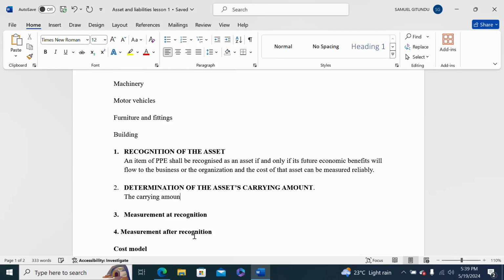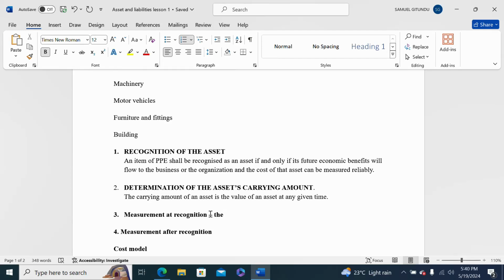The carrying amount of an asset is the value of an asset at any given time. So, during the measurement at recognition, you can value the carrying amount of the asset at cost. So, at the initial recognition, or the measurement at recognition, an asset